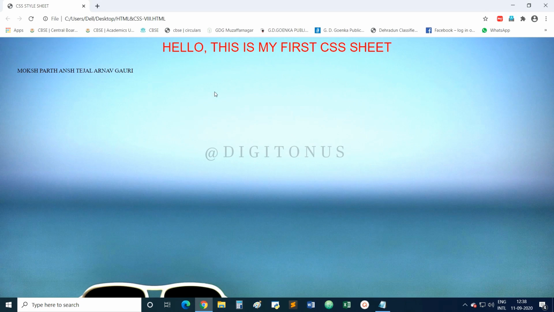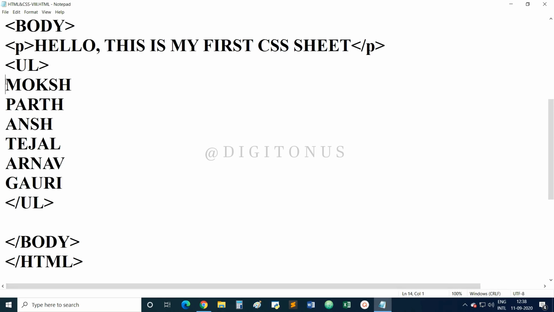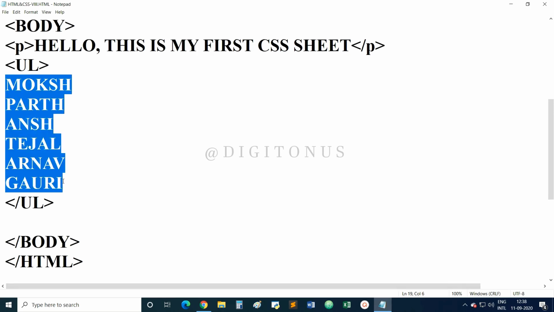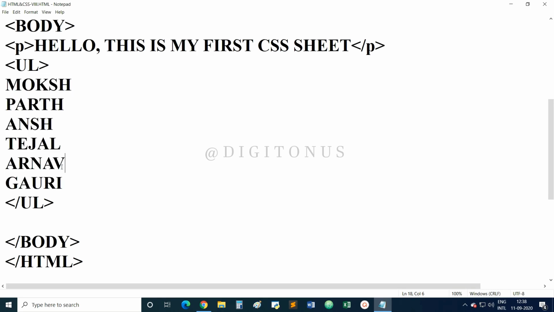Now you can see that all the names are coming in a single line. There is no list created. Now why is this happening? This is happening because we have not placed the names, which we want to display as an unordered list, inside a tag called LI, list item.